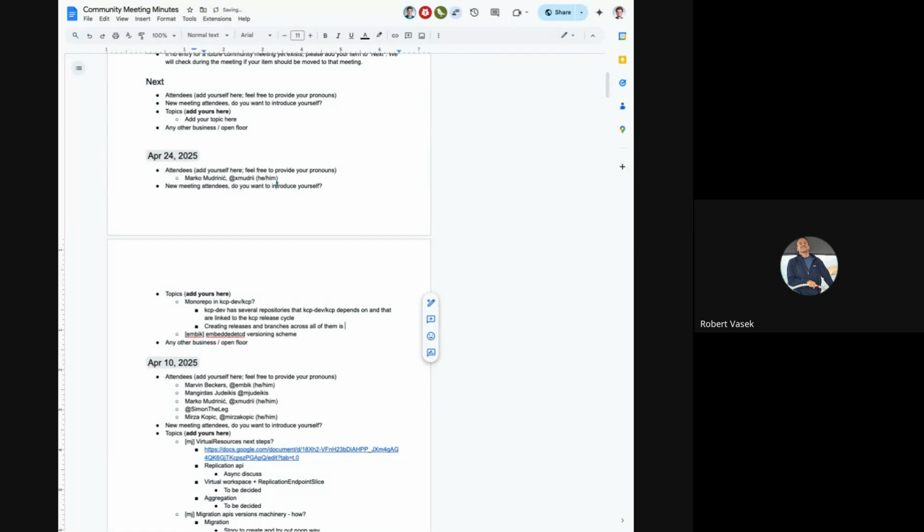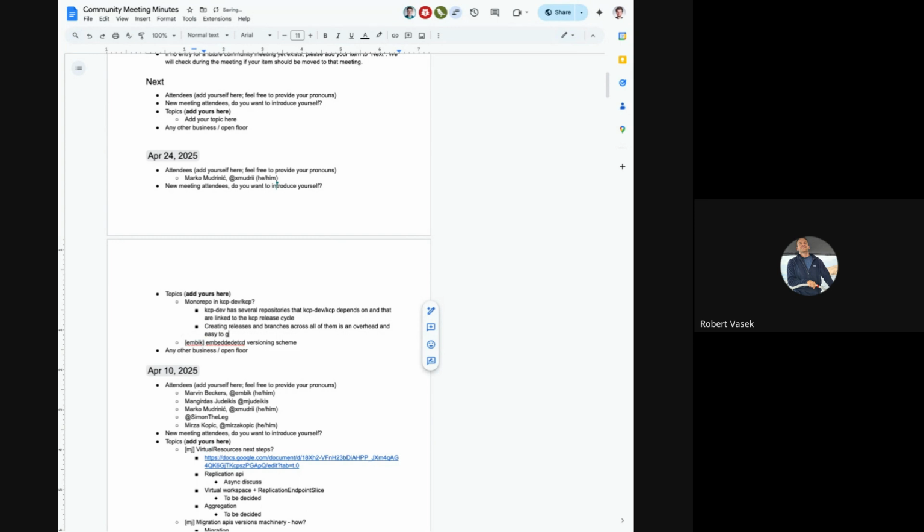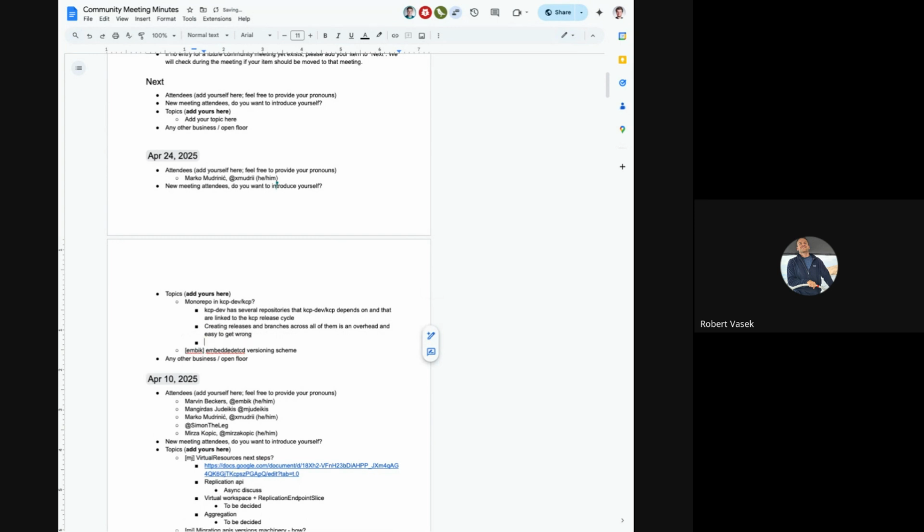So the idea would be to have all of that code that we depend on in a single repository in KCP itself, and basically do the release and dependency management centrally from that one place.